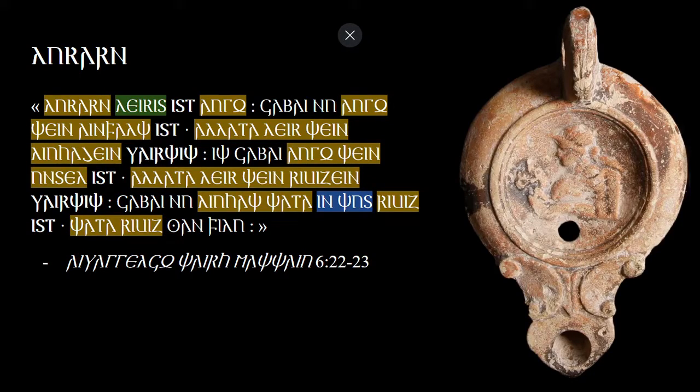So our next artifact is lukarn, which is a lantern. This is a typical example of the kinds of oil lamps that would have been used at the time, especially in the Ostrogothic kingdom. And the line from the Gospel of Matthew, chapter 6, verses 22 to 23, it reads,